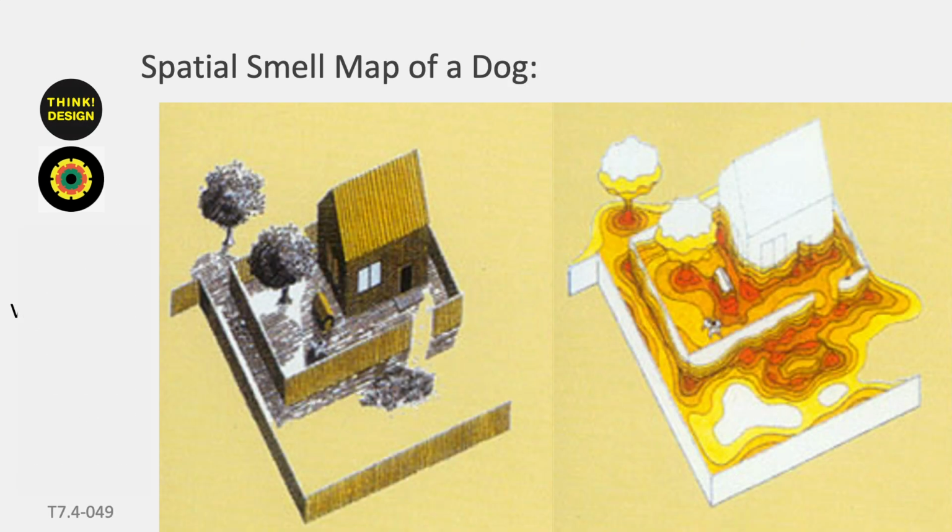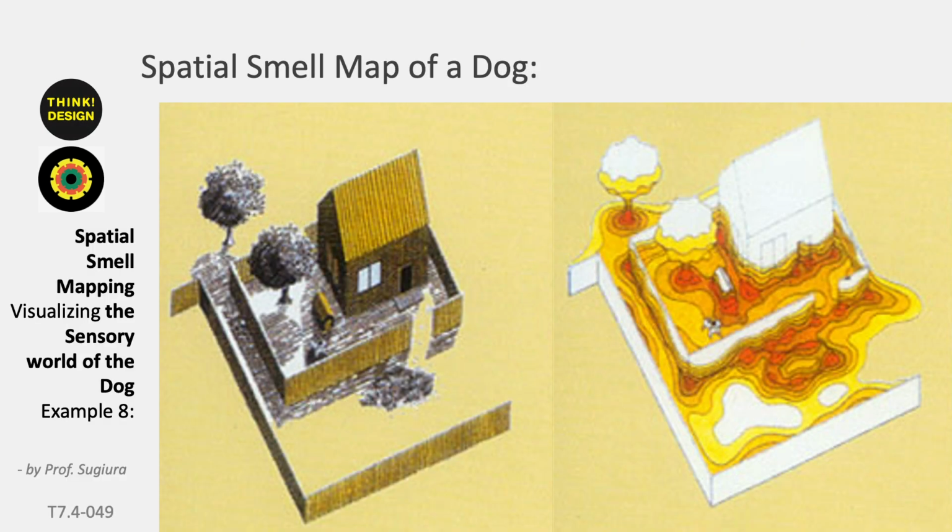This is again an extremely interesting mapping. It's a spatial smell map of a dog. It's done by Professor Sugiura from Japan. What he has done is that he noticed his neighbor's dog spends different periods of time in different locations when it goes around his house. That's his house. He mapped it over a period of time and kept the timings,